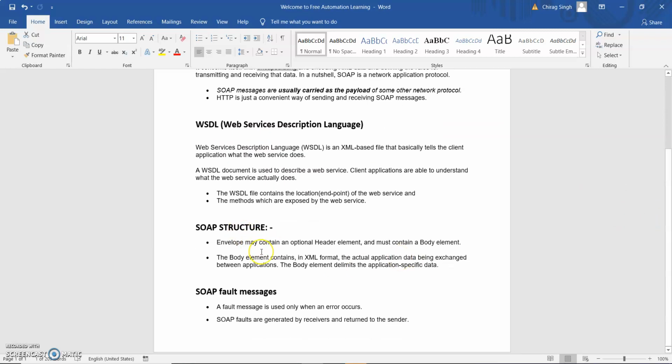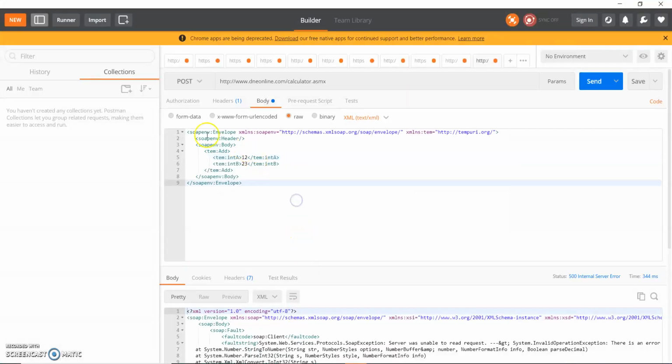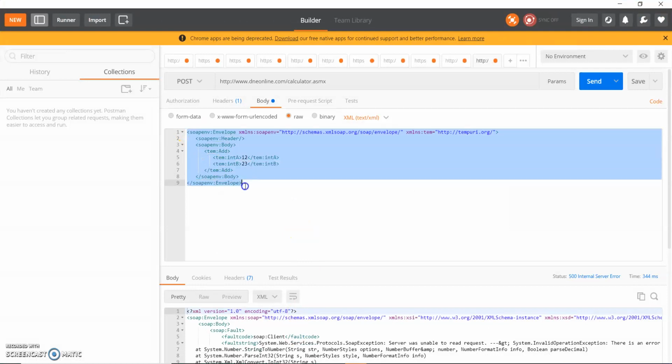SOAP has an envelope, then different parts like header and body, all in the SOAP structure. So if I show you, this is my SOAP structure, right? These are the SOAP envelope, and what it supports. This schema has predefined rules which SOAP supports, and the developer also needs to support these rules, right?